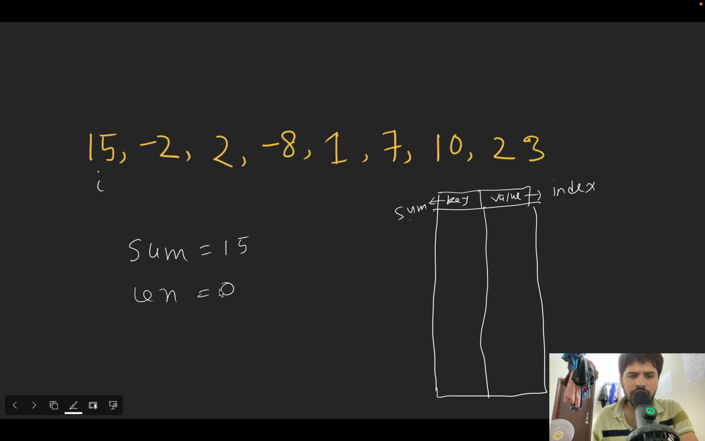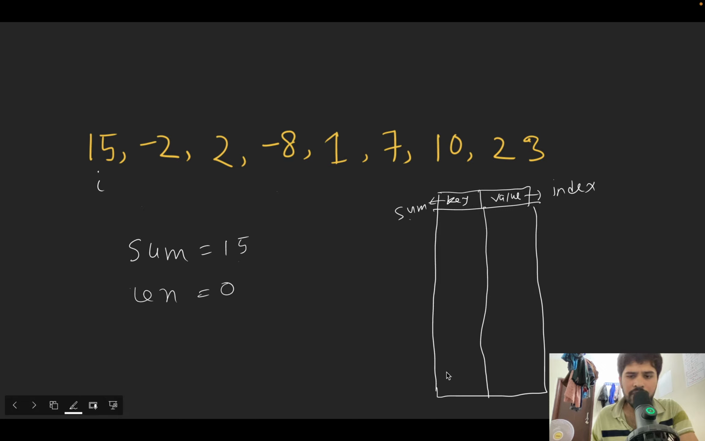Length equals initially 0. Now we have sum equals 15. Does 15 equal 0? No. Does 15 exist in our hash map? No. So we have two conditions. First we check whether sum is 0 or not, and then we check whether this 15 exists in our hash map or not. So now I'm going to insert 15 right here in